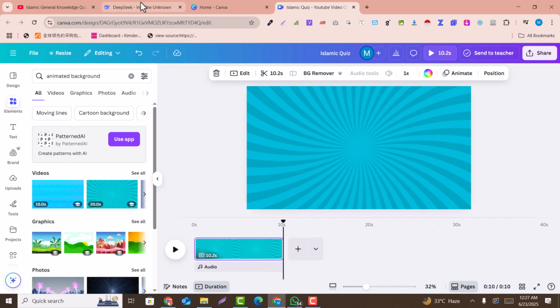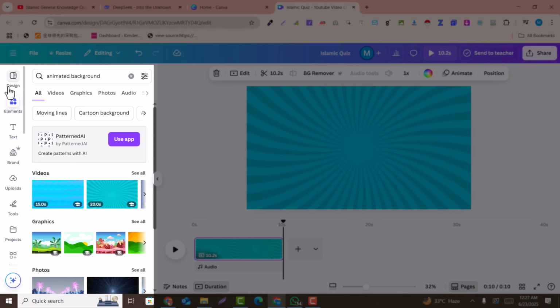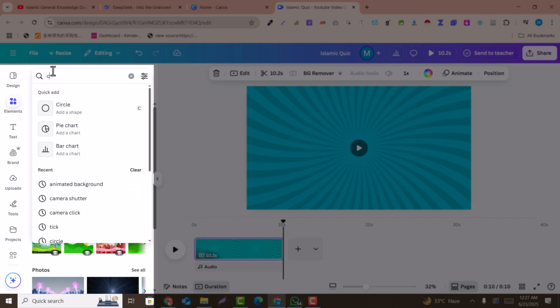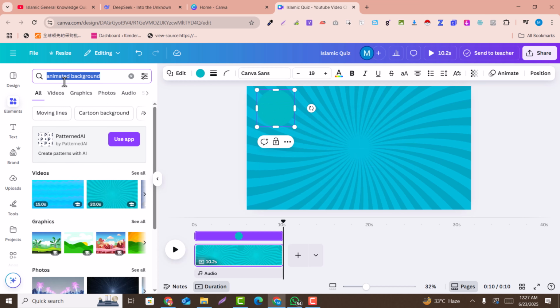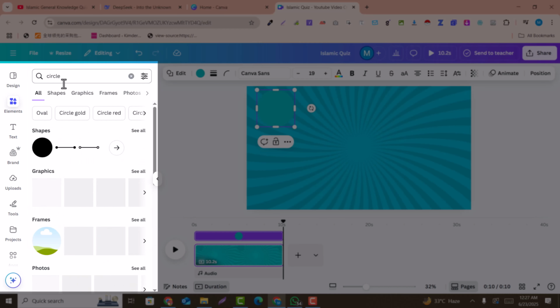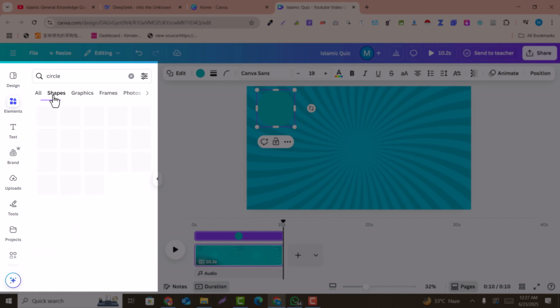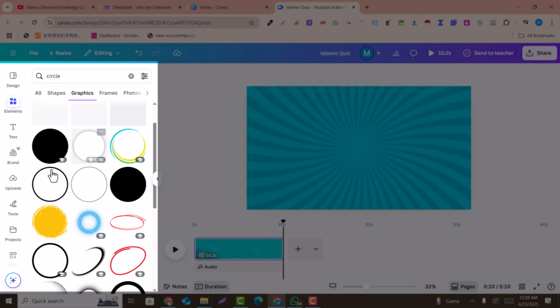Now here we need a title and a number. So here I search for circle or rectangle. If you search for circle, there are a lot of circles, for example this circle, and if you search again, there are many more. You can get into the shapes, and we can use any of the circles here.